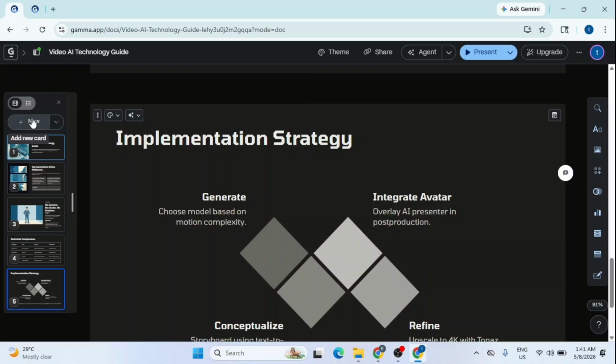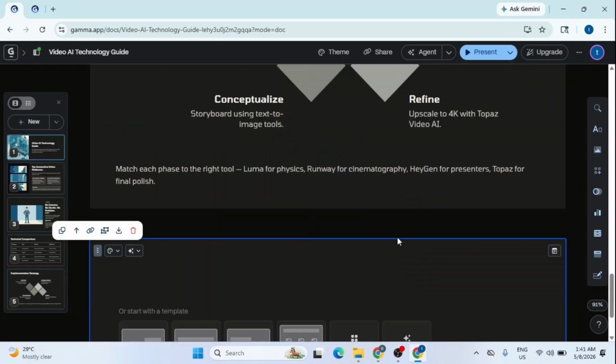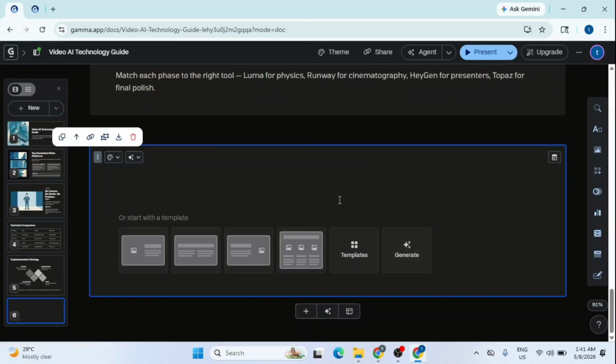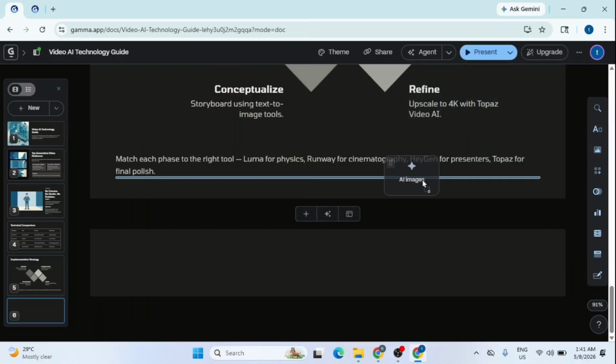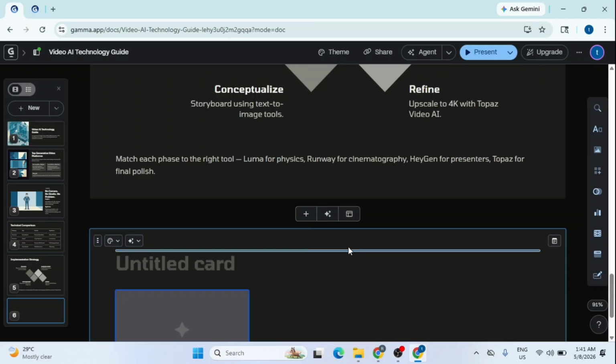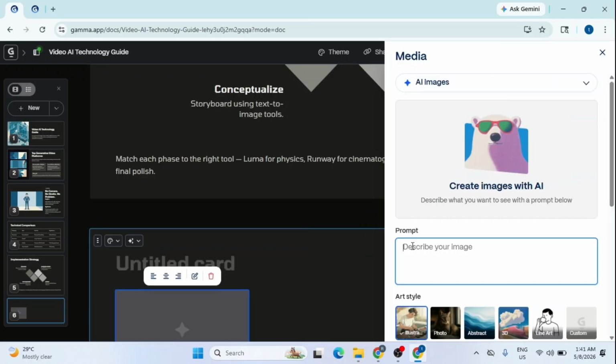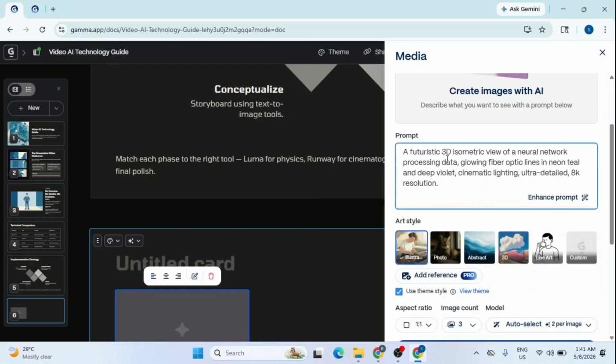I click the plus icon to add a new card right after the Implementation Strategy section. Now, I head over to the right-hand sidebar and click on the Images icon, then select AI Images to open the Generation panel. In the prompt box, I enter a detailed description for a futuristic, isometric neural network with neon